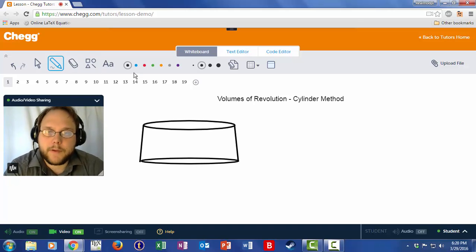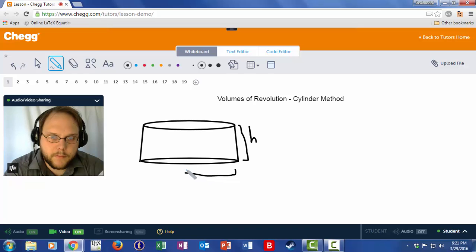So the first thing we need to do is figure out the formula for the area of a cylinder. We're not filling this in, it's just a tube, if you will. The formula involves the height and the radius. So the formula for the area of this cylinder is 2 pi r